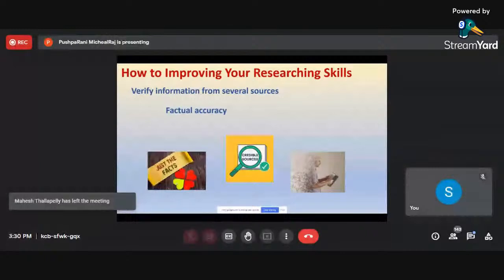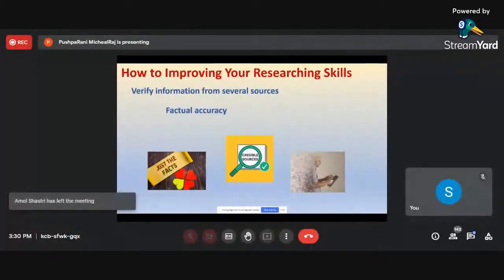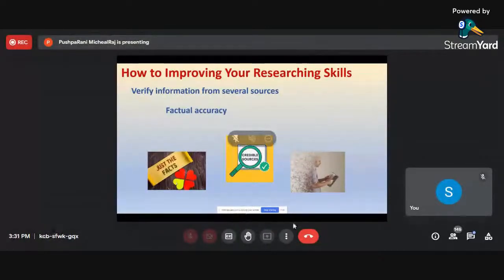So the best way to combat this is to make sure that whatever you find, you check across several different sources, so you can verify which is true and factually accurate, rather than going from one page to the other gathering information, which is simply a waste. So find the information that is very useful for your question and sub-questions, and factual accuracy is very important.